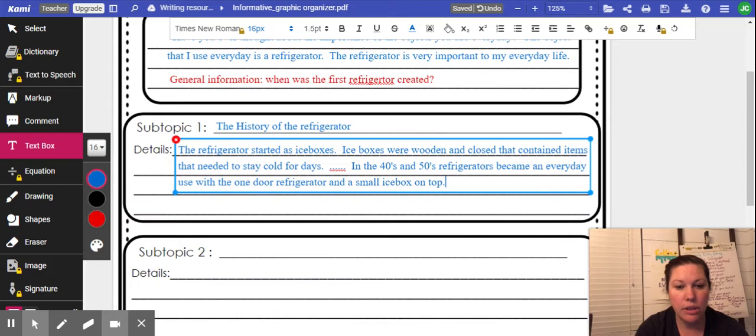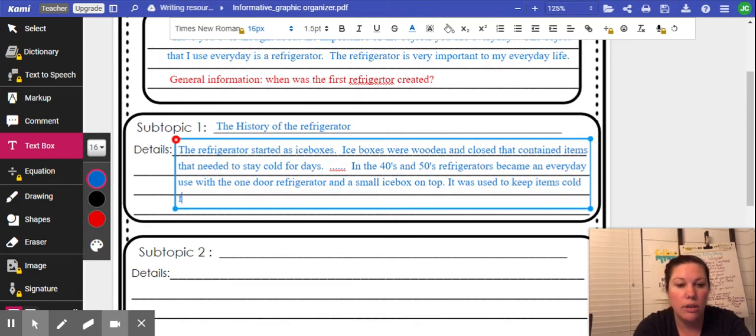So I could also give a little bit more details about that. I definitely want to add more details about when it became an everyday use. I want to be more specific. And then I can also talk about later in my other subtopics about how it has evolved. But I definitely want to, how was it used? It was used to keep items cold for